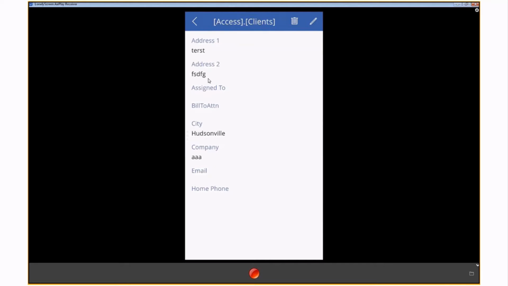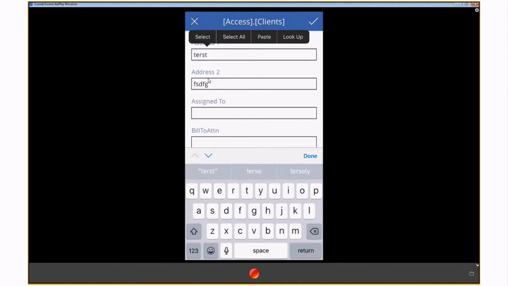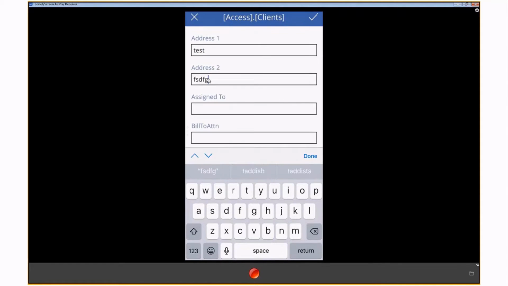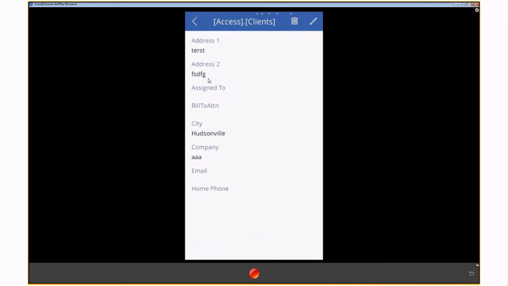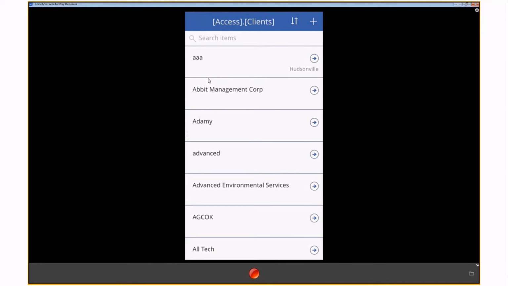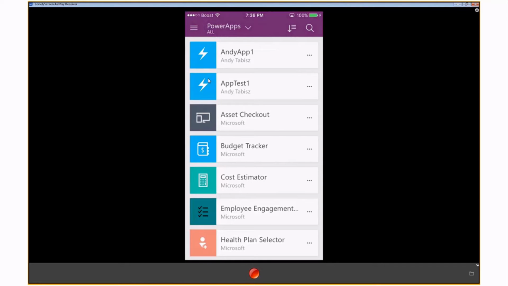And then it will automatically show you the view version of it. If I click on the little pencil, it will move me into edit mode. I can click on this, I'm just going to test whatever. And so I've got the ability to edit it. I can click on the little check mark, and then it comes back. I can go back to the main screen. If I slide it off to the right, that will exit that Power App, and then it comes back